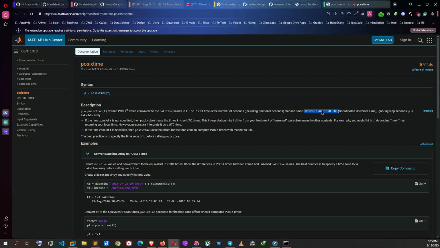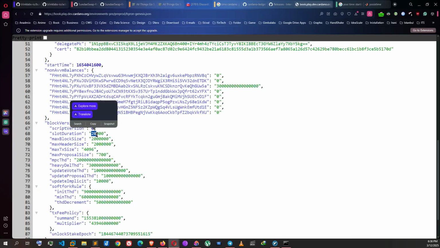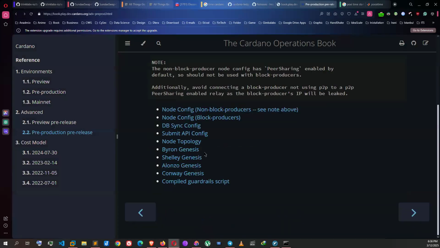There are reasons which I remember they talk about, and hopefully we will cover it one day. But as you saw here, we have POSIX time, and here we have slot duration, which probably is 20 seconds, if I'm right, 20,000 milliseconds, which if we look into the later era, let's say the current era, like Conway,